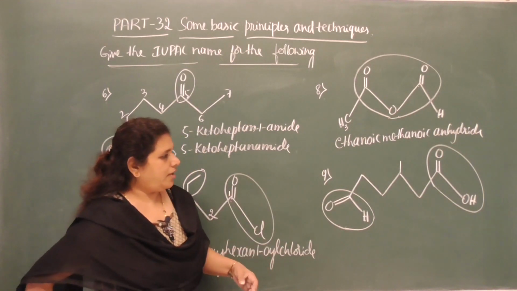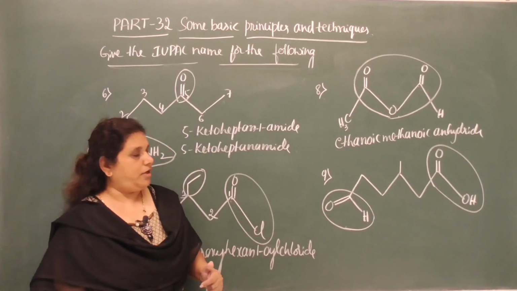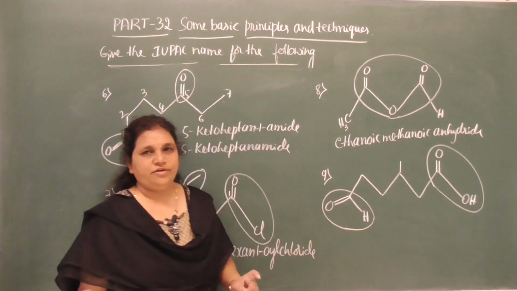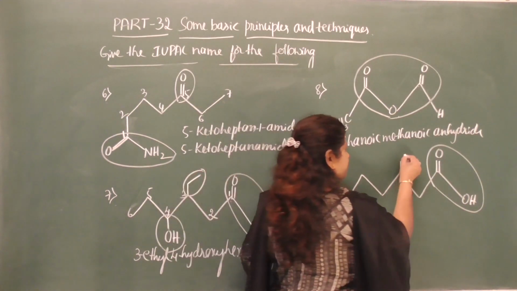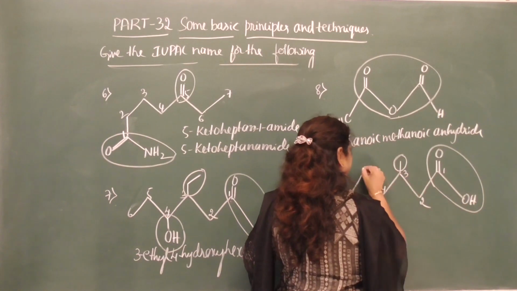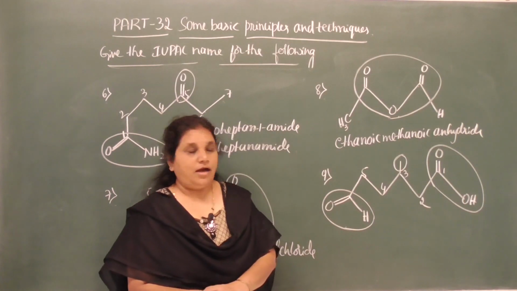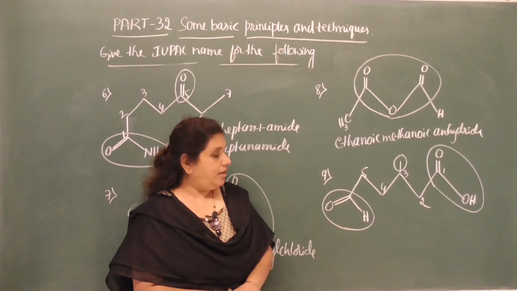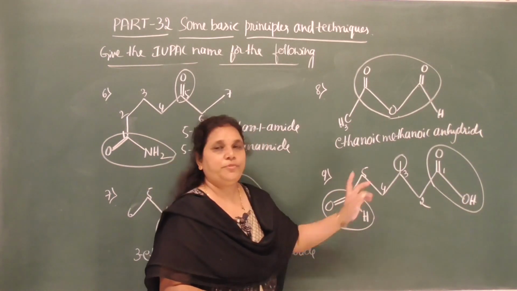Now move on to the 9th one. As I said, the aldehyde group is a secondary functional group. Here we have to take the prefix for this. The prefix for aldehyde is formyl, and here it is a methyl group. So this is one substituent, and give the numbers 1, 2, 3, 4, 5. When a secondary functional group contains a carbon, we cannot consider the carbon atom of that secondary functional group to the root word.